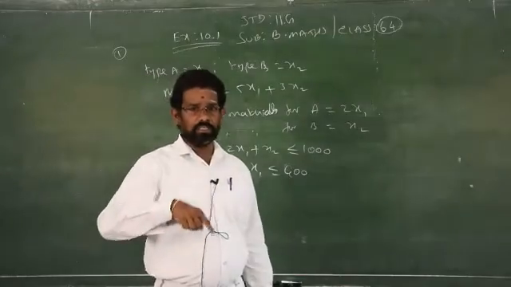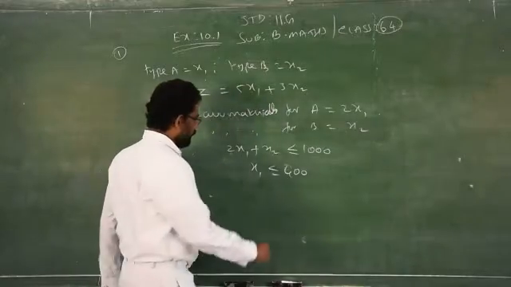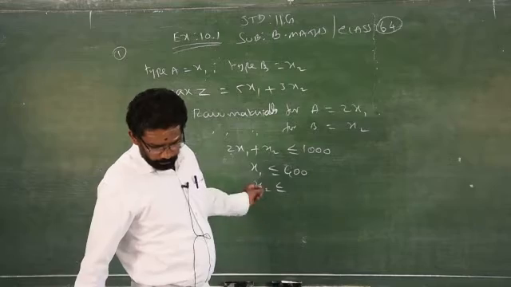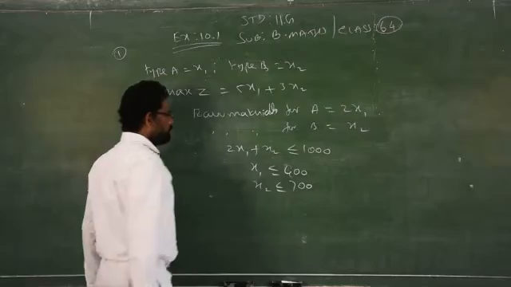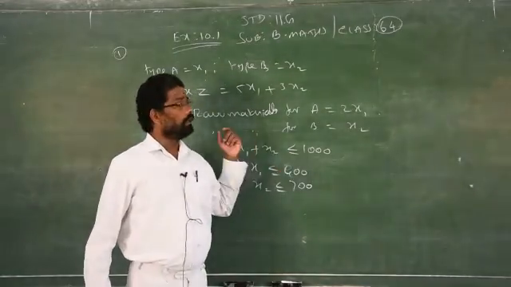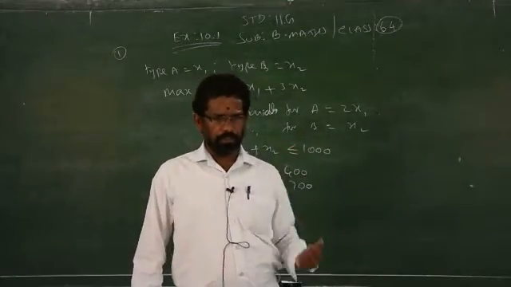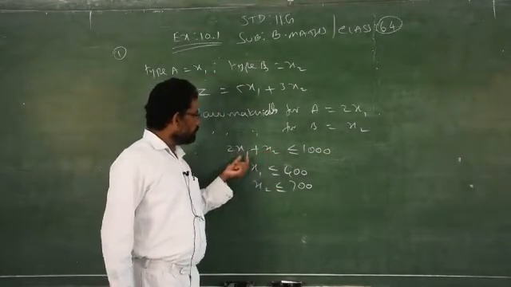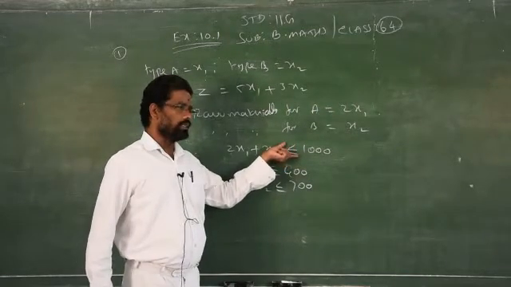Minimum means you have to use the greater than symbol, maximum means you have to use the less than or equal to symbol. Then clip B, X2 is less than or equal to 700, for pen type B we have only 700 clips. That's all, I formed the equations, but normally in lower classes we use the equal to symbol. So here it is given, it is available only. It is there, maximum this much, which means you have to use the inequality symbol. Sufficient to produce, it is enough, having only 1000 units, which means you have to introduce less than or equal to.